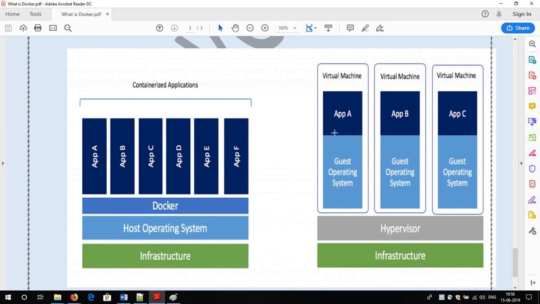Suppose I provision a virtual machine in the case of a hypervisor. If you have provisioned a Linux RHEL virtual machine on top of the hypervisor and you power it on, it will take minimum 20 minutes to come up, because all the kernel level and boot level configuration takes time. But in the case of Docker, you know how much time it will take? It will take less than 1 second, in microseconds.